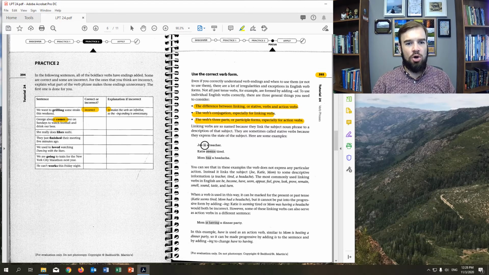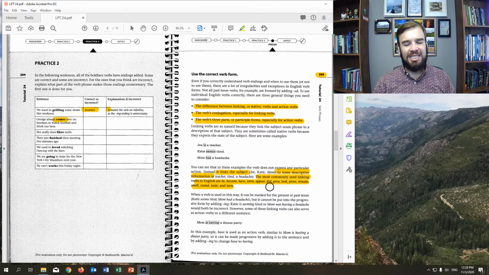Here's some examples. Joe is a teacher. Katie seems tired. Mom has a headache. You can see that in these examples, the verb does not express any particular action. Instead, it links the subject to some descriptive information, right? Joe is a teacher, Katie tired, mom headache. The most commonly used linking verbs in English are be, become, have, seem, appear, feel, grow, look, prove, remain, smell,